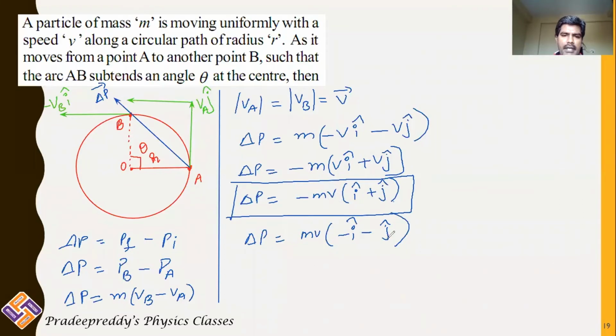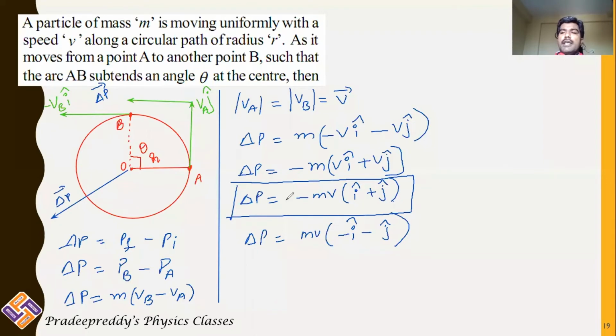So minus I minus j, I'm sorry. So that should be pointed in negative direction. So minus I and minus j, in the sense the resultant vector of these two will be pointed in such a way that it is in the direction minus I and minus j. That means it will be in the third quadrant, right? So the resultant vector is pointed in the direction which is like this. That is change in the momentum delta P.